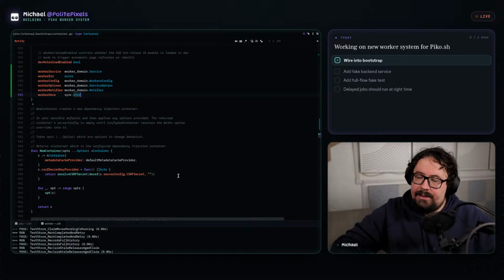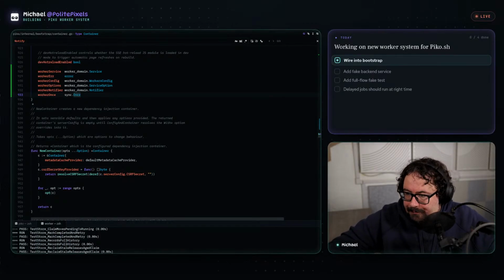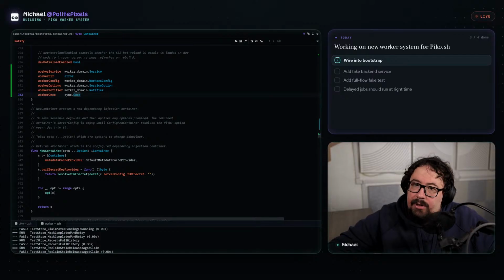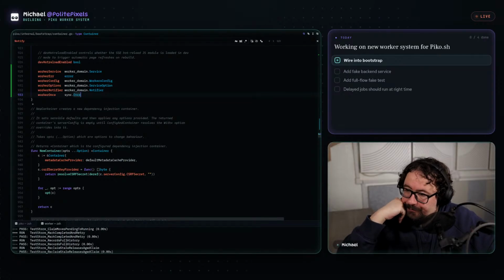So we're wiring this into the bootstrap. Okay. Well, the way that it normally works is that you'll create a new file for the container itself.